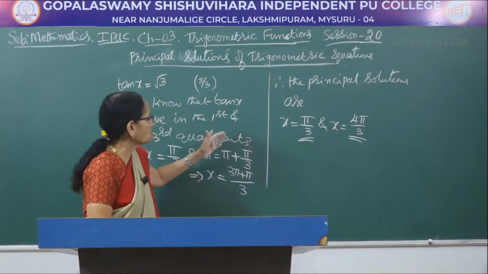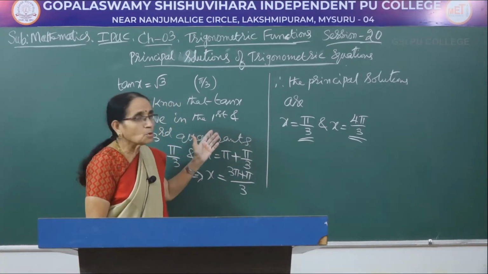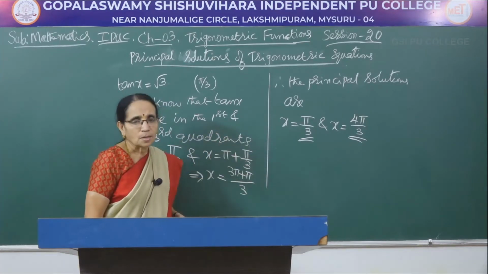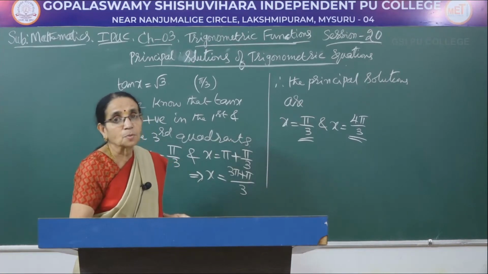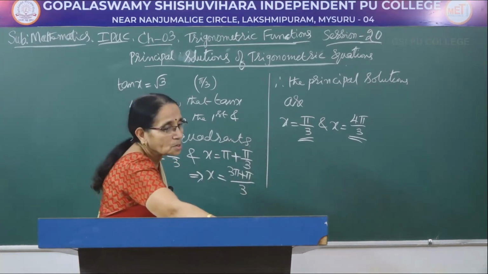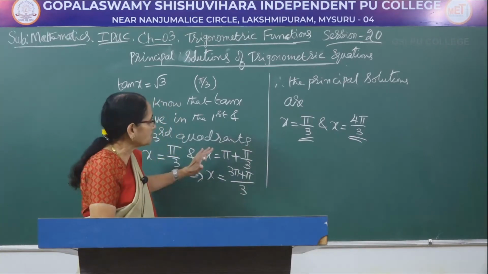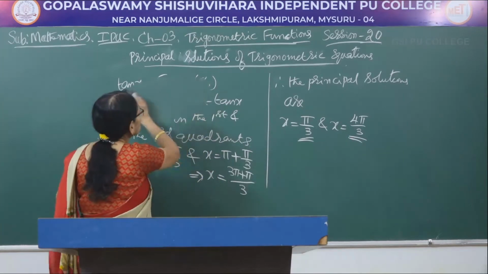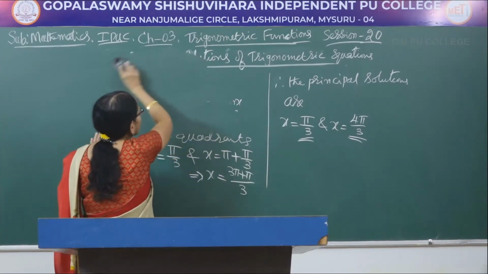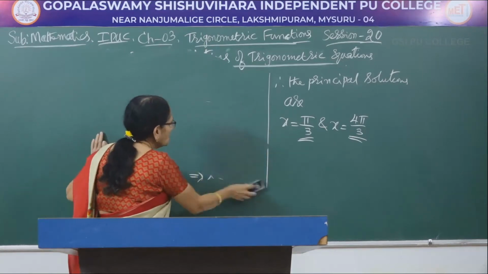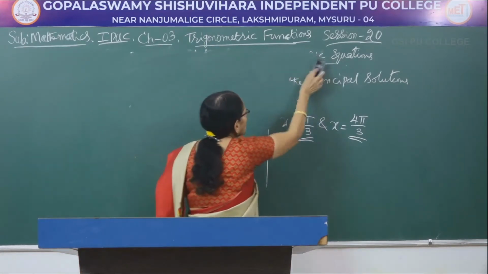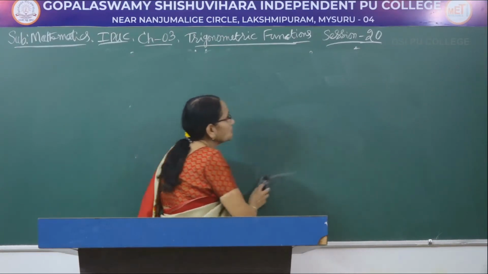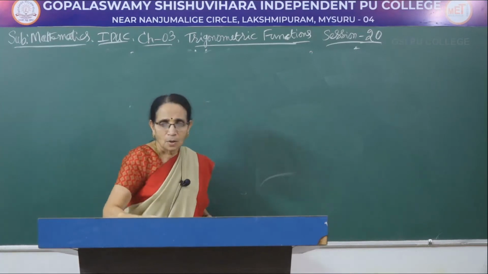So first considering in which quadrant the function would be positive or negative, writing that, and writing the value and simplifying, you get the remaining marks. Because it is positive, I would consider tan x is equal to plus root of 3. We consider the first as well as the third quadrant, because in those two quadrants the tan function is positive. Suppose I had given you tan x equal to minus root of 3. Then you should have taken into consideration the second and the fourth quadrant.